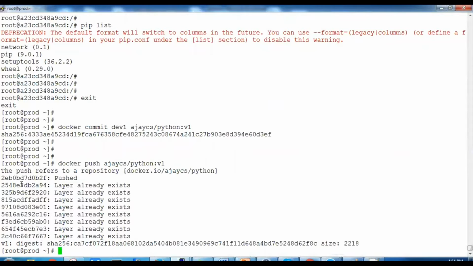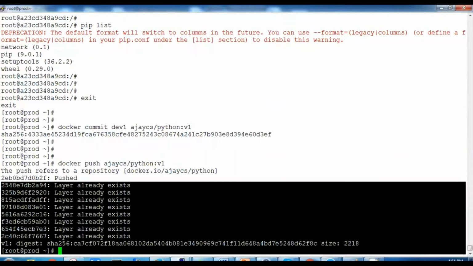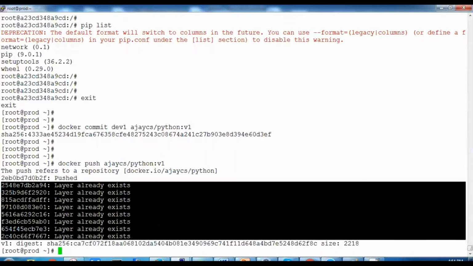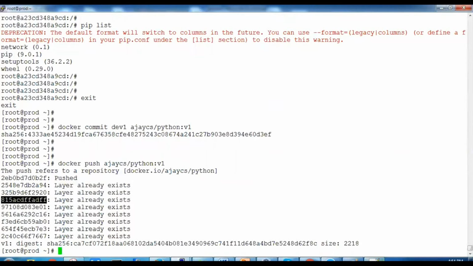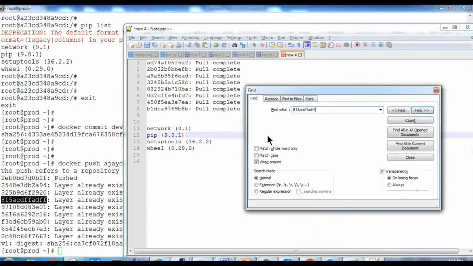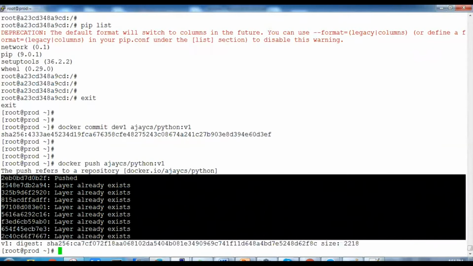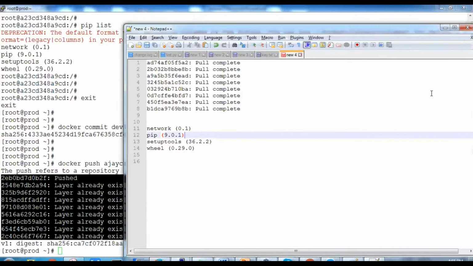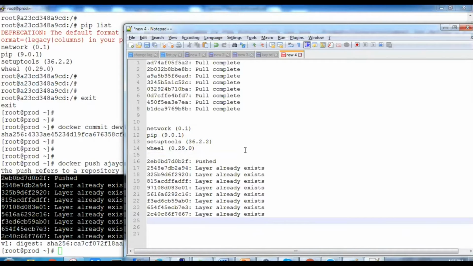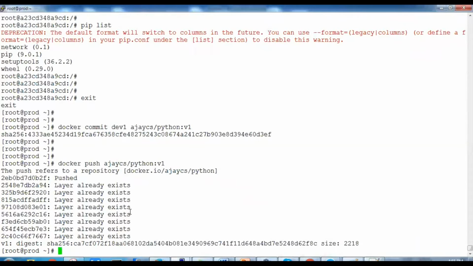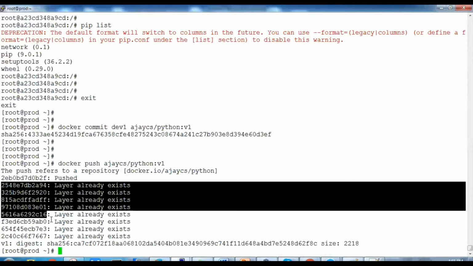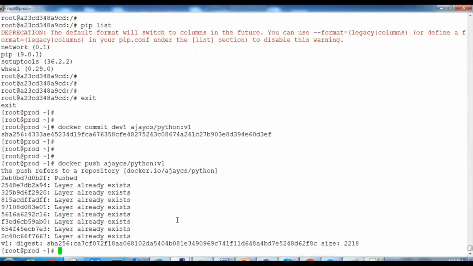But here it shows a number of layers which are already there. So why is it showing already there? But here we do not have it. One moment, let's check it again. We'll copy this and paste it over here. All right, so no layer here, but here it says most of the layers already exist. So why do they already exist?